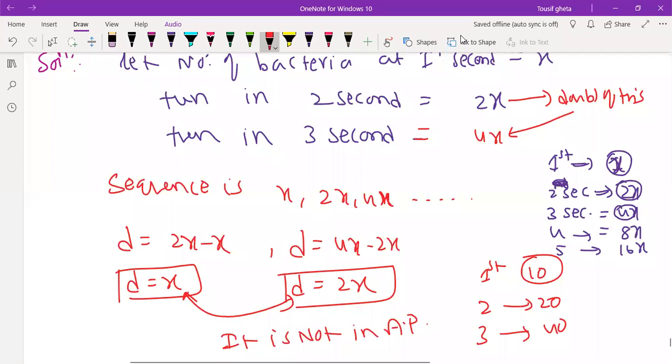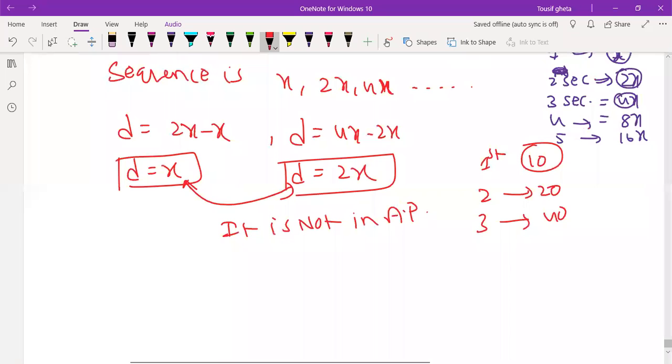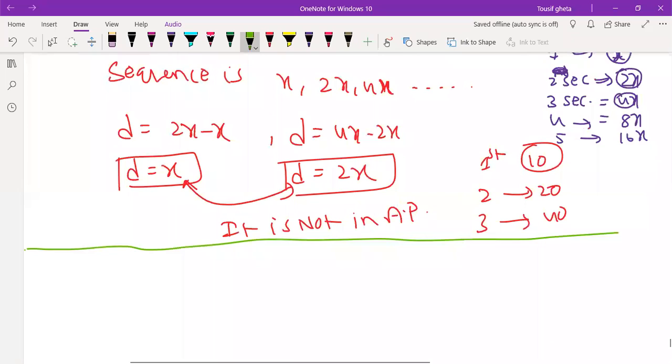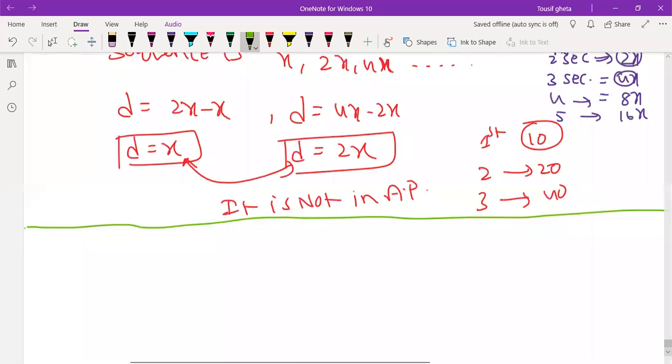Now we will go to the next exercise. Okay, one extra question I will give you at the end as homework to you all. Same kind of question. It is not that tough, so we will give you the homework.